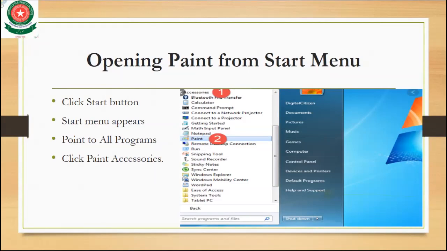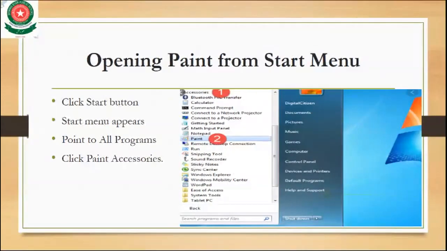Then you go to the option accessories. Here there is an option of paint. Click on the paint, and the MS Paint screen will appear.